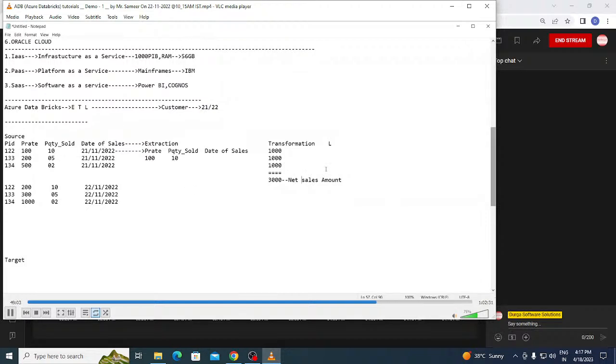What about the 22nd day? Guys, can you tell me? Please come out, all of you. Help me out in this. Yes, guys. For the 22nd day, 200 into 10 means what? 2000. 300 into 5 means what? 1500. Very good. 1000 into 2 means what? 2000. Very good. So now calculate the sum. 5500. Very good.